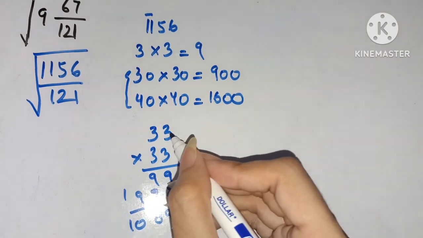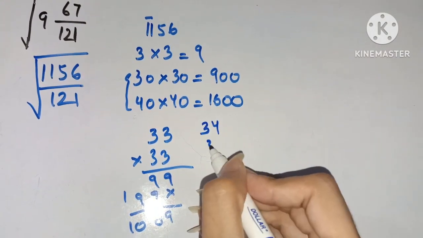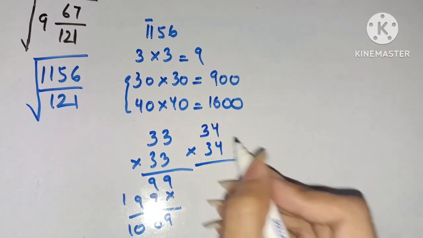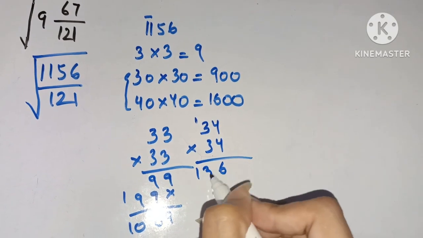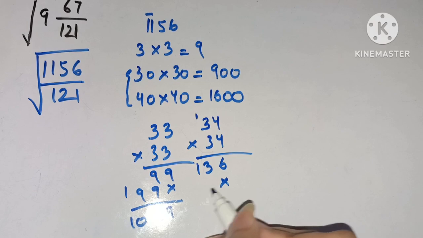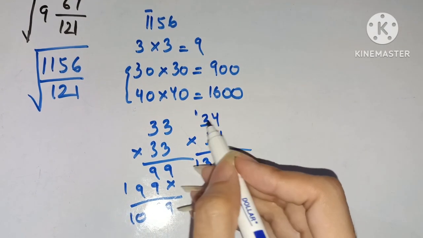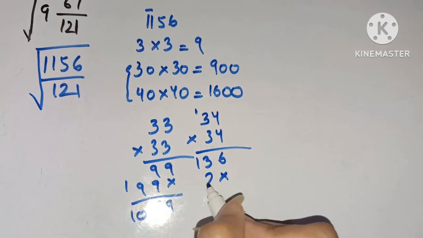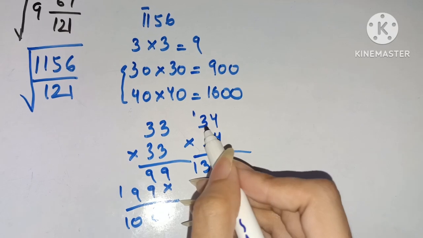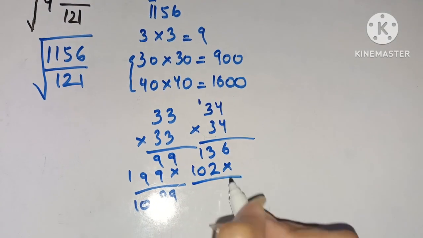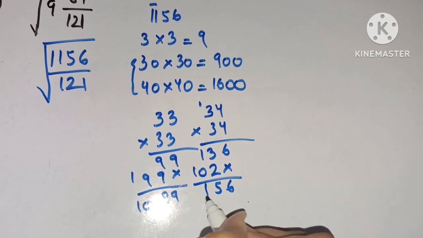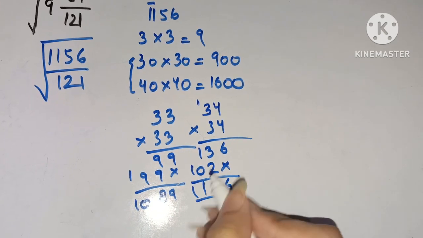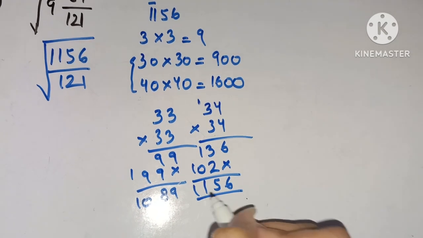So we can try a greater number like 34 and multiply it twice. So 4 4s is 16 and 4 3s is 12, and 1 plus 12. Again we will do the same thing. 3 4s is 12, so you carry one, and 3 3s is 9 and 10. So what we will get now is 3 plus 2 is 5, and 1 and 1. So it is coming exactly, 34 multiplied by 34 is 1156.